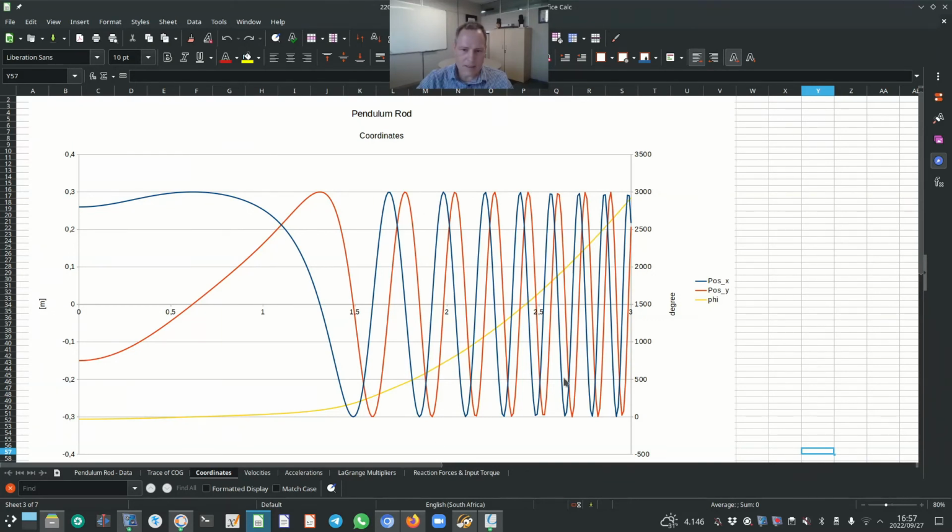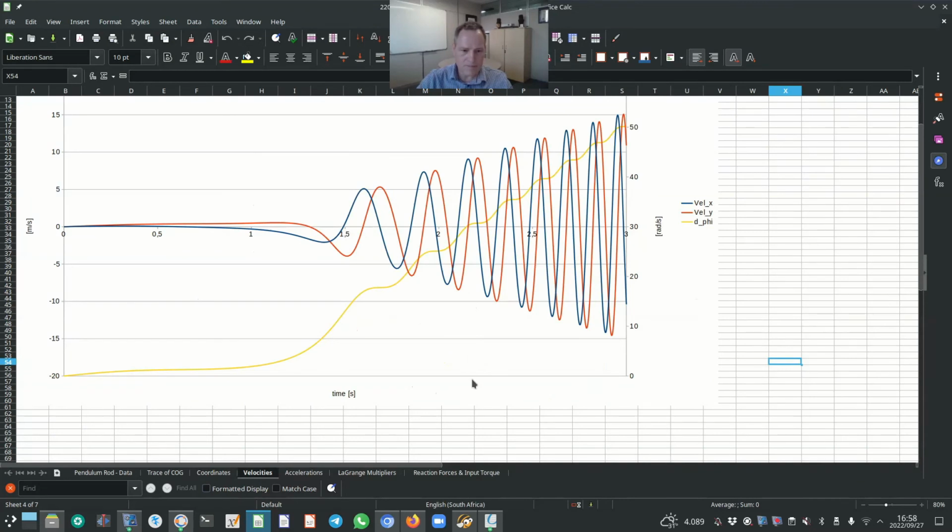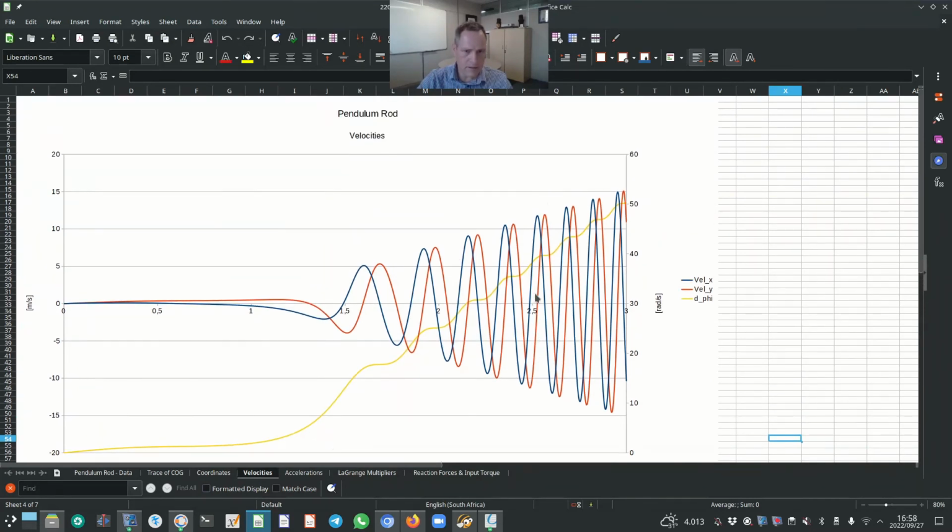Be that as it may, you can see that phi varies quadratically, starting at minus 30 degrees. It's not very clear here. It's on the secondary y-axis, and it goes all the way to 3000 degrees, even in a short time span of 3 seconds. The velocities show similar behavior,